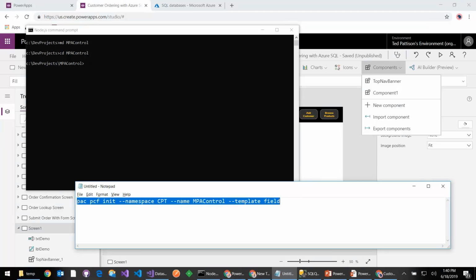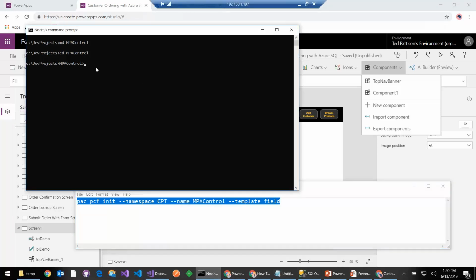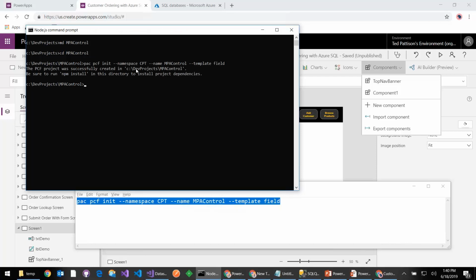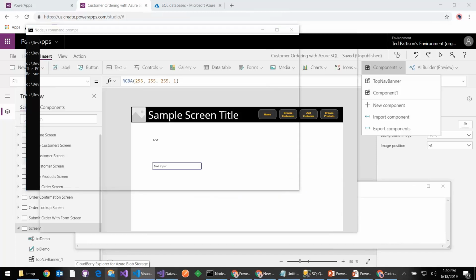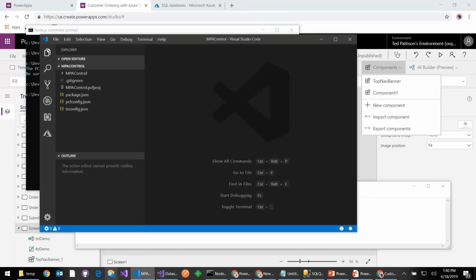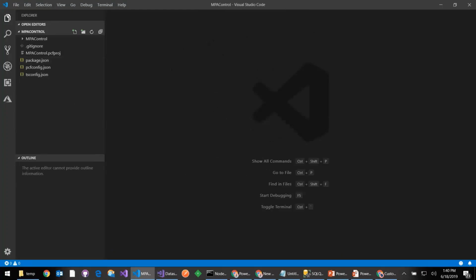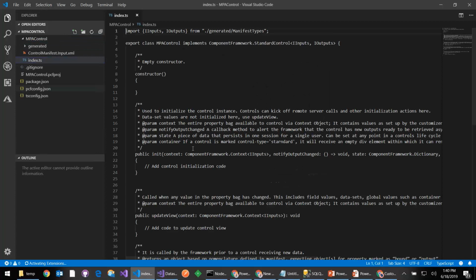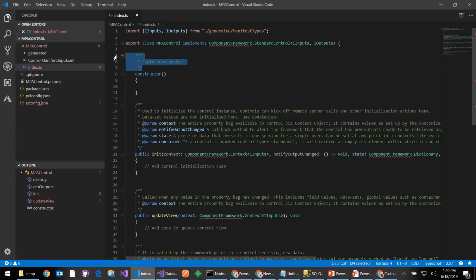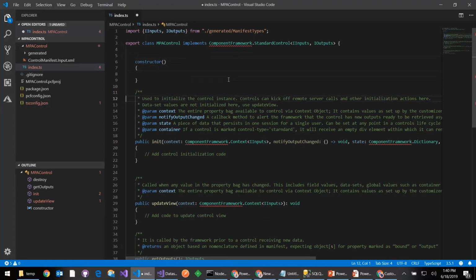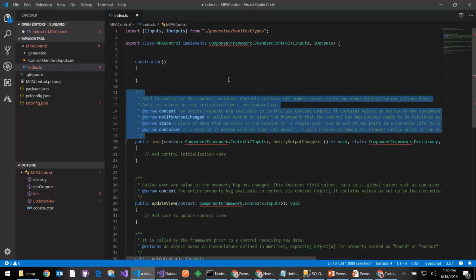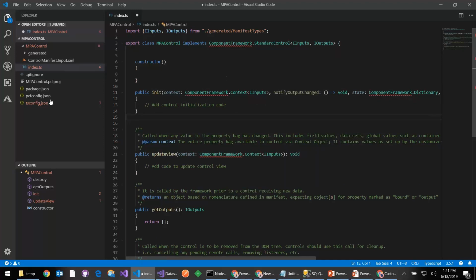So the idea is that you have this command line utility, which is the PAC, PowerApps command line, and it calls the PCF, the PowerApps Control Framework. And what we should have at this point is that it should create a new project for me. Let's go ahead and type in code dot. And what you're going to see here is that now we have a project, and my project contains TypeScript. So for instance, now I have a component, and my component